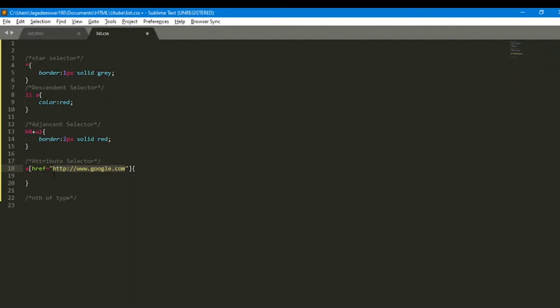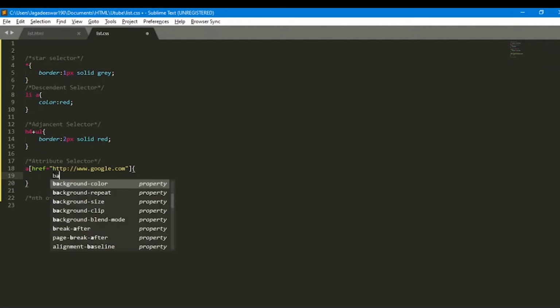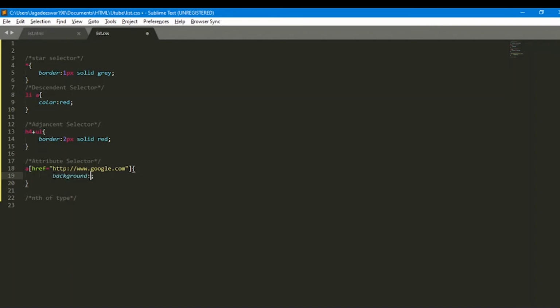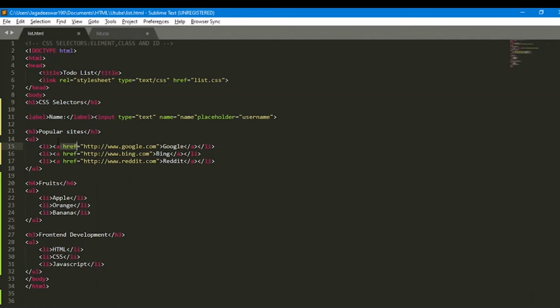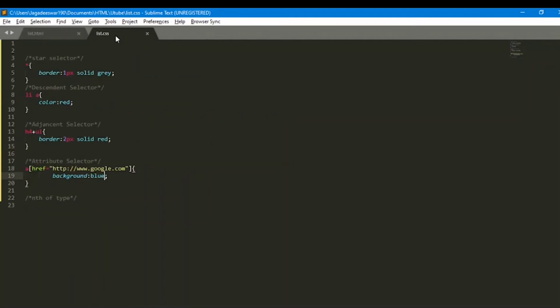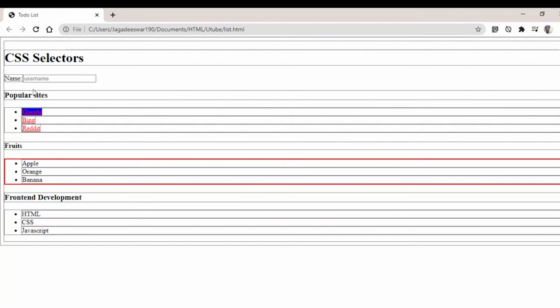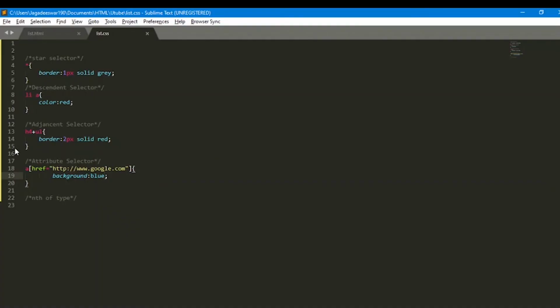Now we are going to change the background color to blue. So we are changing the background color of this anchor tag. Now save the file and refresh it. It is going to change the background color of the anchor tag. So this is the attribute selector.